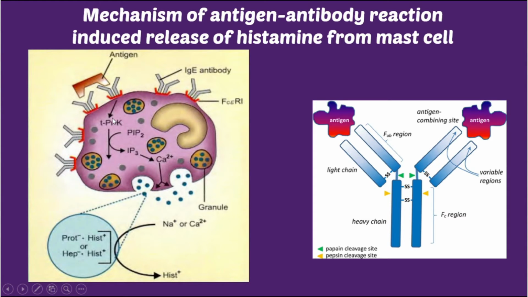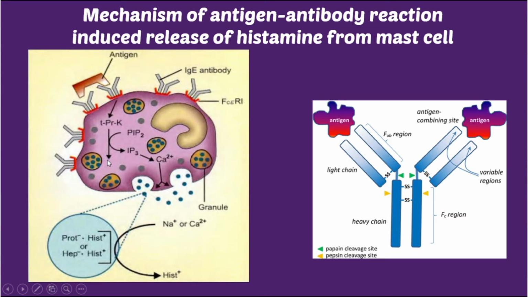That reaction is the activation of tyrosine protein kinase. This tyrosine protein kinase activates phospholipase C, and by that reaction there is conversion of PIP2 to IP3. PIP2 is phosphatidyl inositol bisphosphate, and it is converted to IP3, inositol triphosphate,